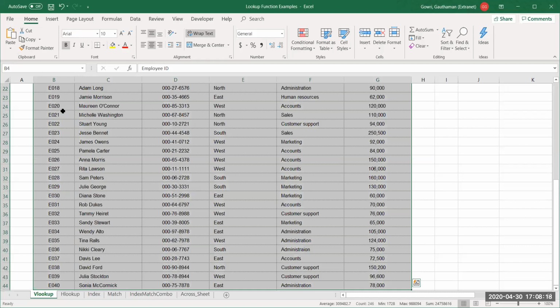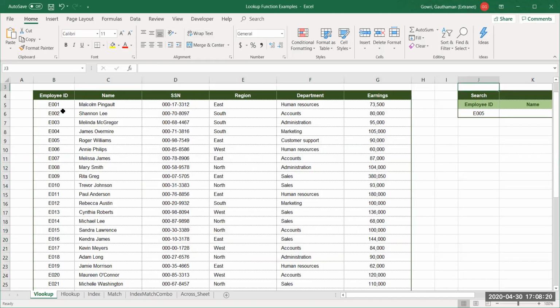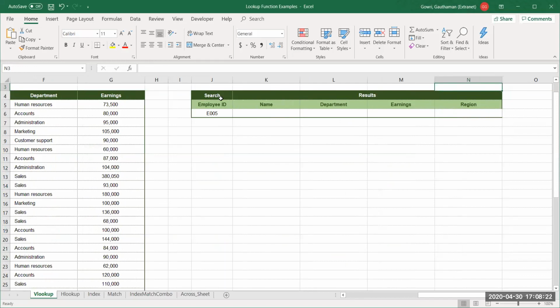Within this, I would like to search an employee's details, like name, department, earnings, and region of a given employee. But I have only his employee ID. Then we'll go for VLOOKUP. We can use VLOOKUP and get the rest of the details.